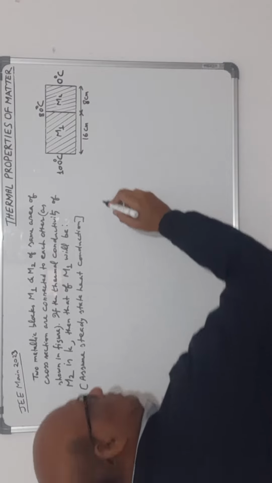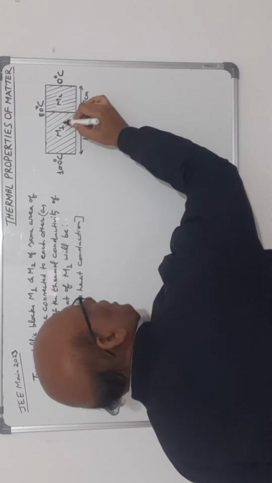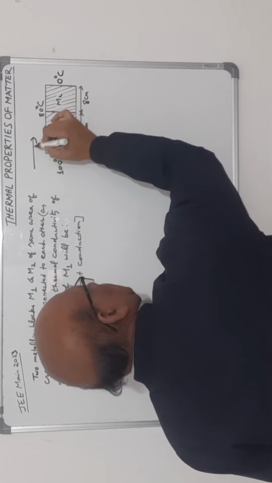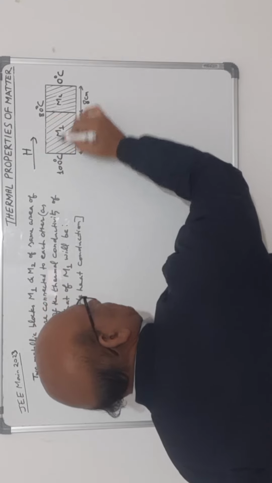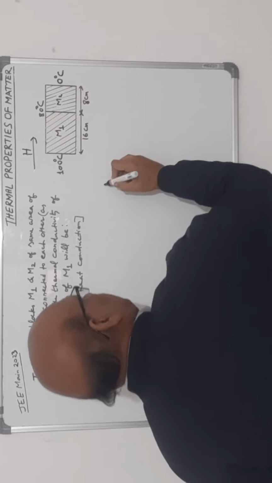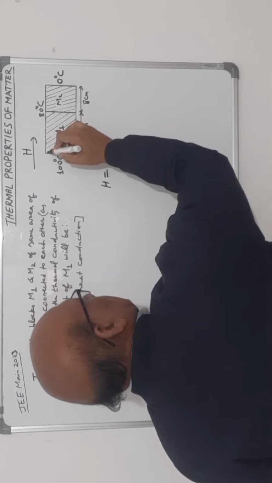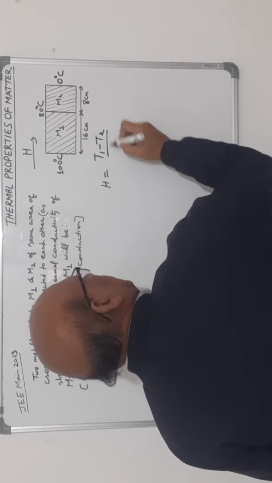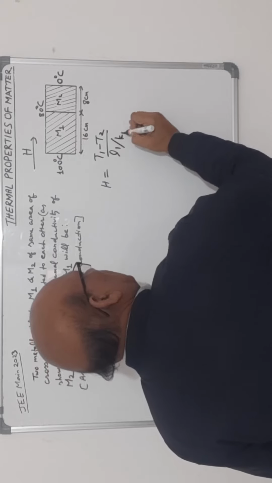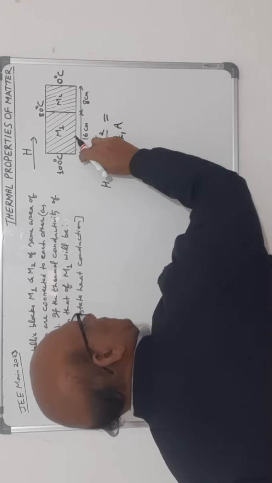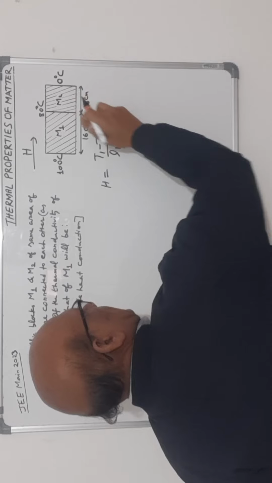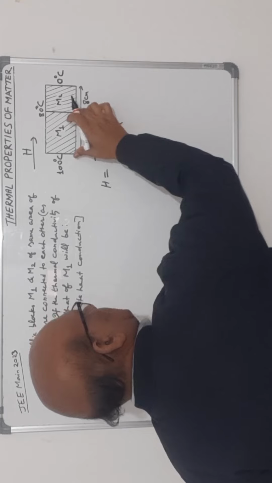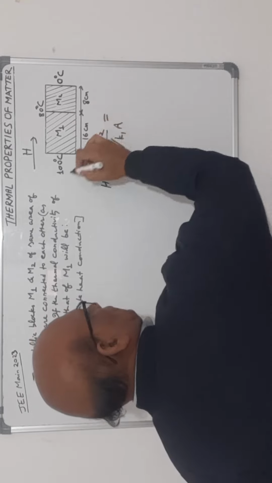So steady state heat conduction में the heat flowing through M1 block will be same as that flowing through M2 block, because say this is the direction of heat flow, because heat flows from high temperature to low temperature. Then the heat flow through M1 block is given by T1 minus T2 upon L1 upon K1A, if T1 is this temperature and T2 is this temperature, and L1 is this length of the block, and K1 is the thermal conductivity of this block M1, and A is the area which is common for both